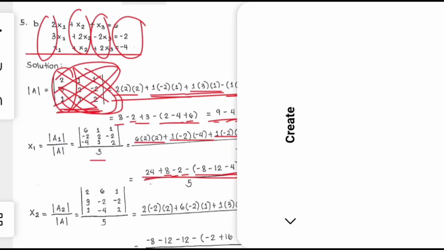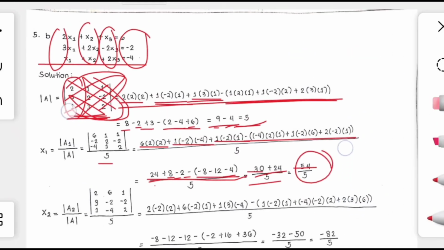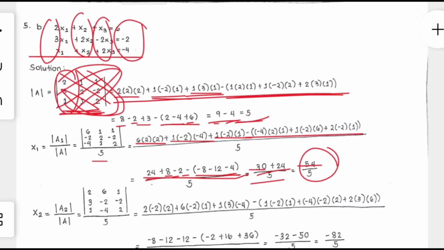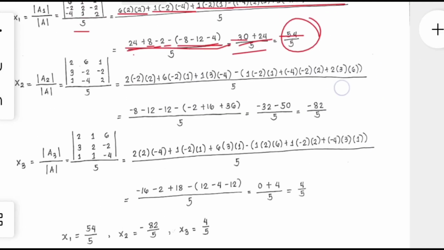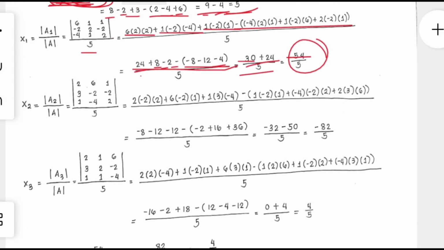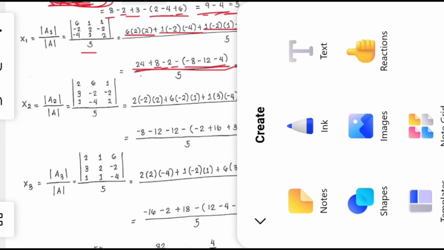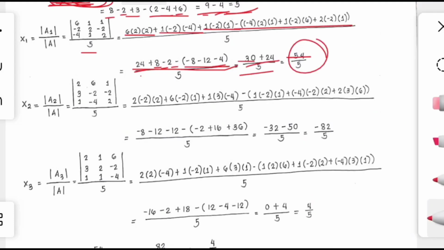Next, for our x sub 2, we will just follow those. So here we get x sub 2, the determinant of A sub 2 over the determinant of A. So we have the determinant of A, the 5, and notice that the 6, the -2, and -4 are now substituted in column 2 instead of column 1, since we have A sub 2 here. And then finding the determinant, following the steps above,